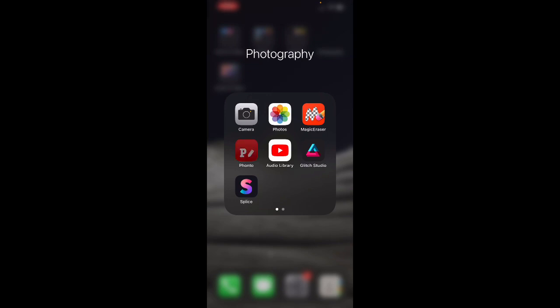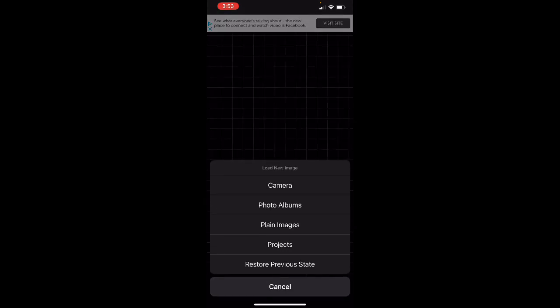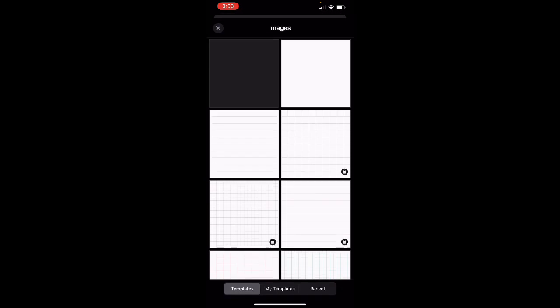So you want to download it. Photon is completely free. That's the great thing about it. Now, when you first open up the app, it's going to look just like this. What I want you to do is click on the camera in the very bottom center, and we're going to go to plain images. We're going to click on that. Now we're going to hit the plain